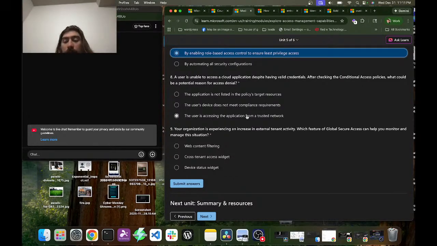After checking the conditional access policies, what could be a potential reason for access denial?